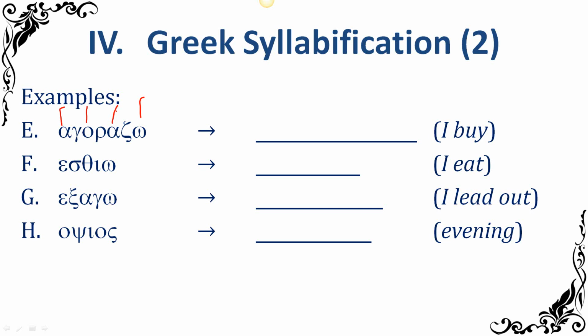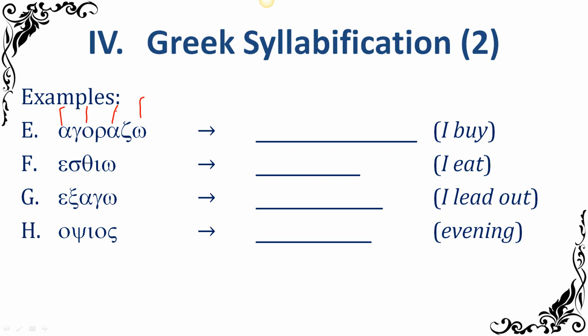So we're going to look at these just in order and figure out if they pick up the following consonant or not. We already know that they have the first consonant before them. That's a given. Our question is whether or not they pick up the following consonant. So the first vowel is, of course, the alpha. There is no preceding consonant, but it would have it if there was. You never have to worry about the consonant in front. It always picks it up. The question is, does it pick up the consonant that comes after? So for alpha, we're worried about whether or not it picks up that gamma.